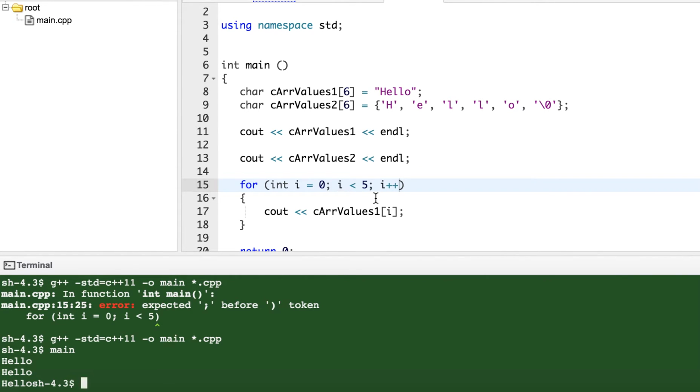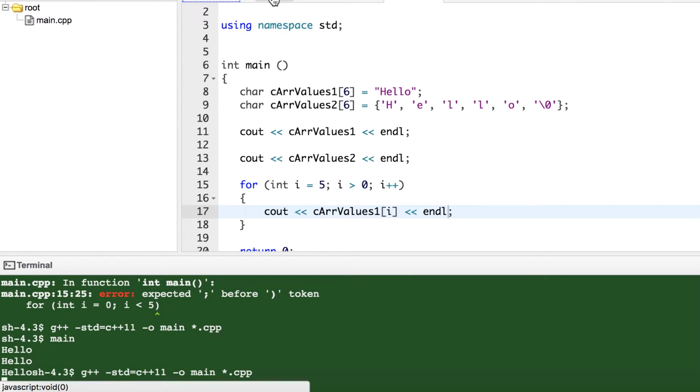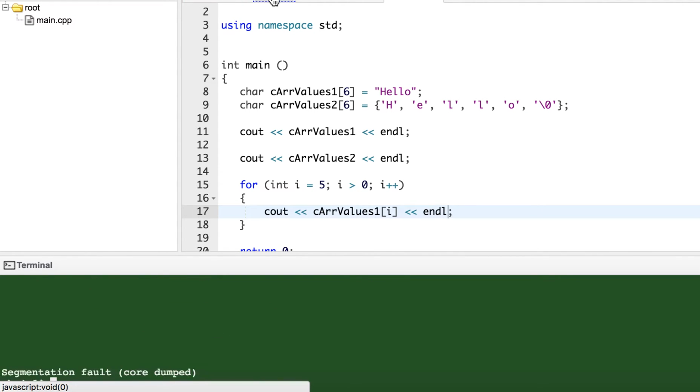Okay, and we can play with the array of characters by displaying, for example, from the last character until the first one. Okay, let me put an end line here to see better the result. So now if I compile and I execute it,